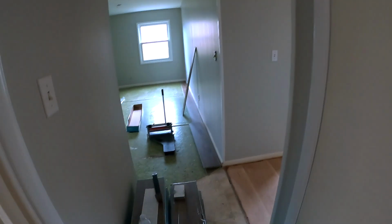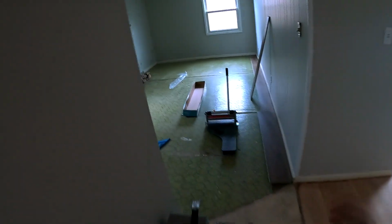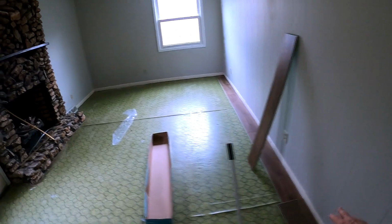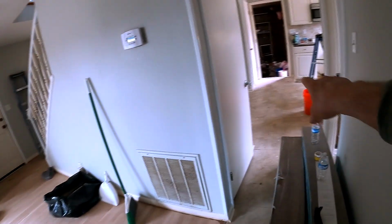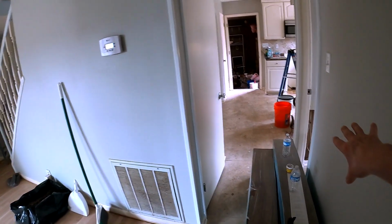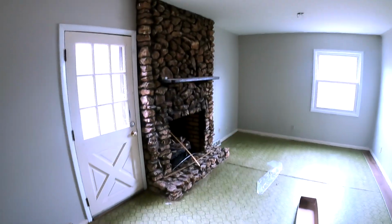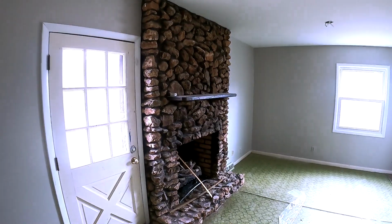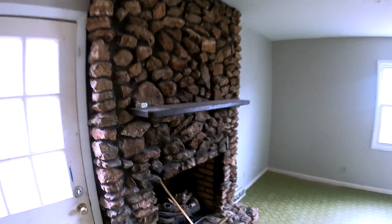All right. And then the LVP, the luxury plank vinyl, you can see we put down a strip here just to see how it's going to look. It's going to go in this room all the way through the hallway into the kitchen, into the bath area there. All right. And the decision was made to paint the fireplace white, and we are going to replace this